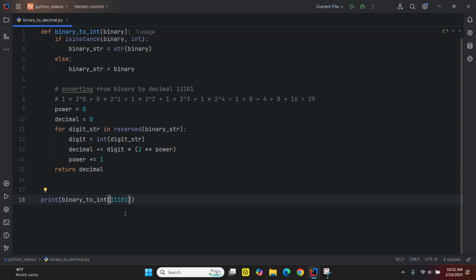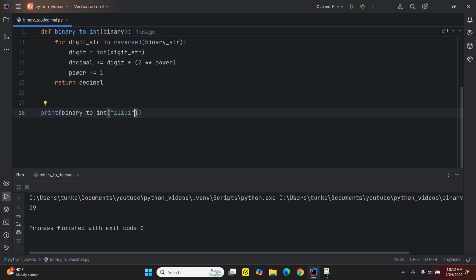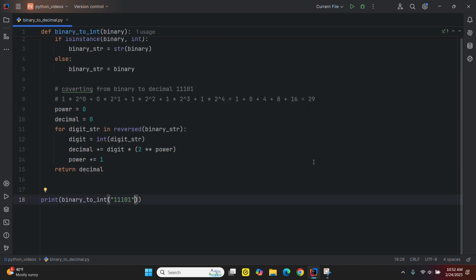Now let's put this in as a string. Okay, and let's run it again. And we get still 29. Okay, so what we want to do now is maybe make this into a program. And what we'll do is we'll say while True,